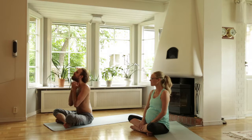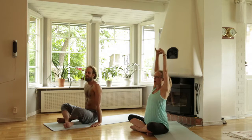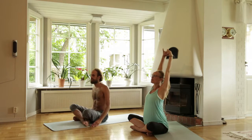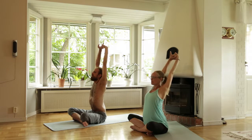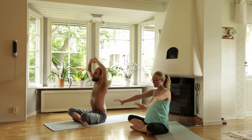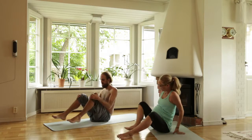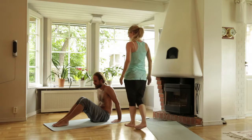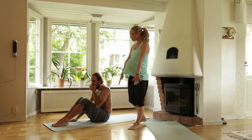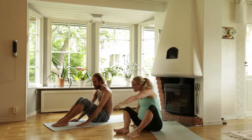It's another core exercise. So if you want, just clasp your hands and push up into the sky, just to lengthen your abdomen and release some of the pressure there, preparing to work a little bit more on your core. And release the hands on the knees. And place the feet in front of you, knees together, touching. And hands are forward. And then you just lean back a little bit and find your balance on your buttocks,